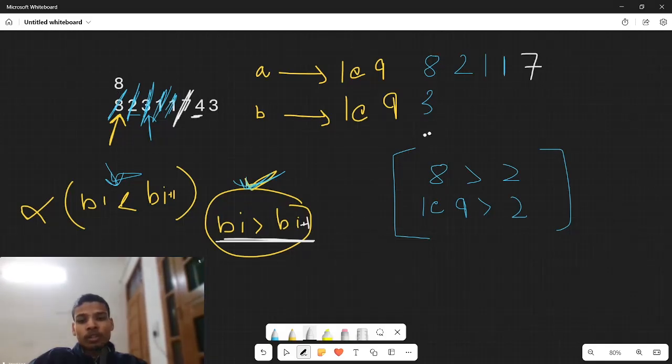Okay. Now 4. Where should I put 4? Now you can see if I put my 4 here, then 4 is smaller than 7, that can satisfy. But if I put 4 here, then in this case my 4 will be greater than 3, so I cannot put it here. So I will simply put it